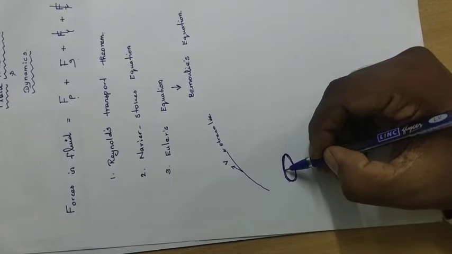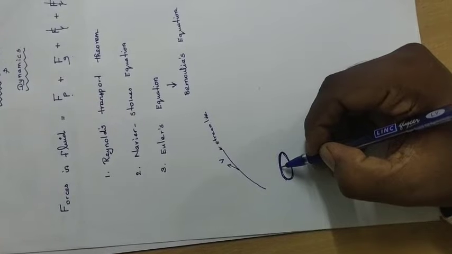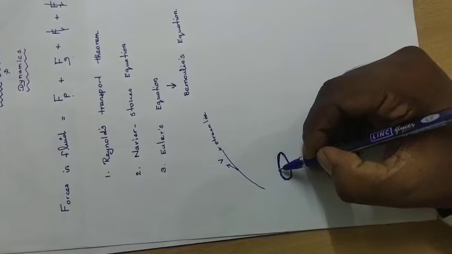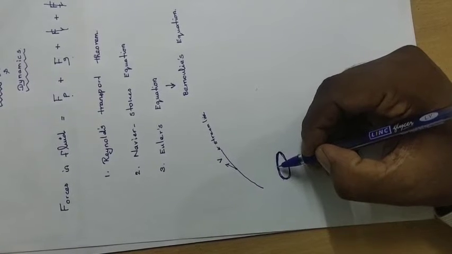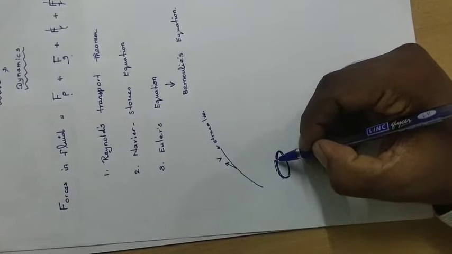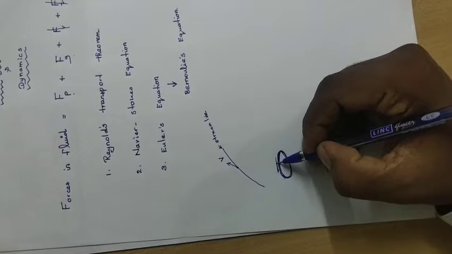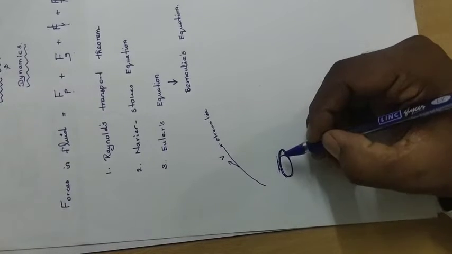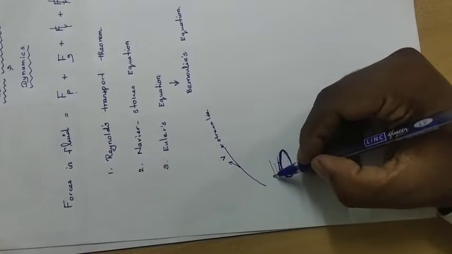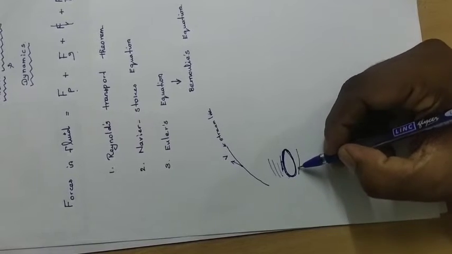That effect we call the viscous effect, right? That effect will be eliminated after some level. Up to here there may be viscous effect from the solid body, and after that the flow may have an inviscid, non-viscous effect,